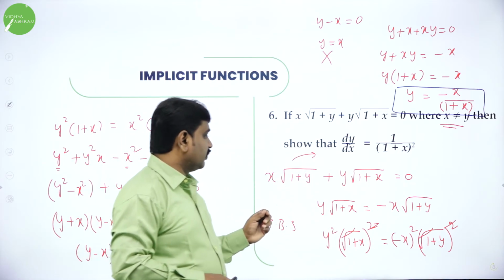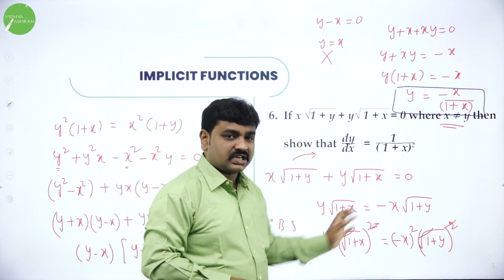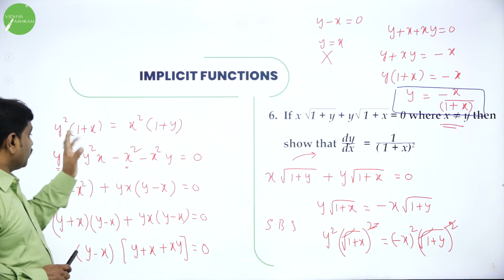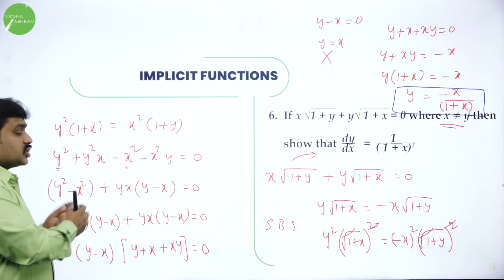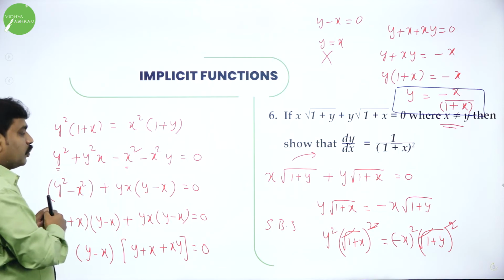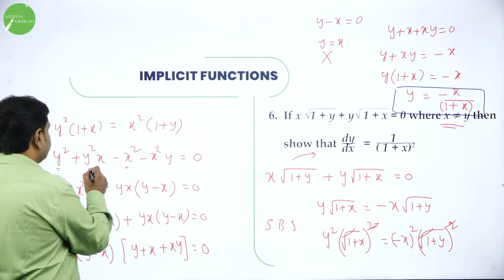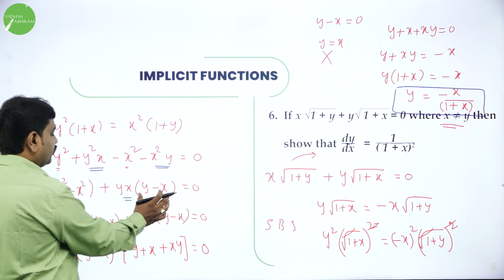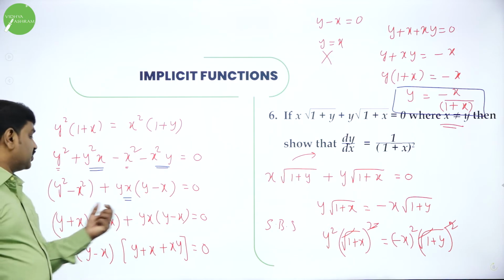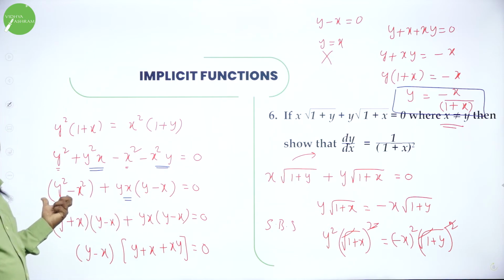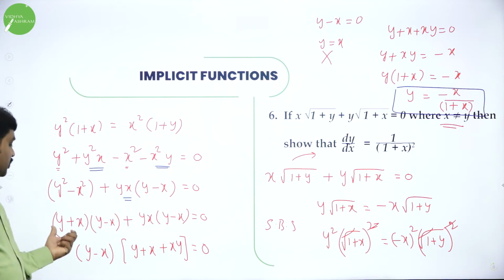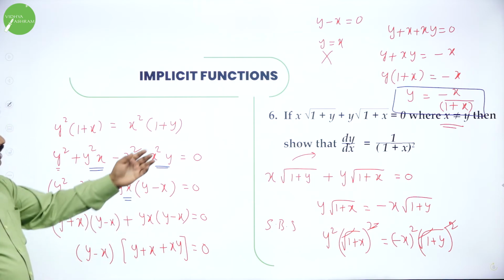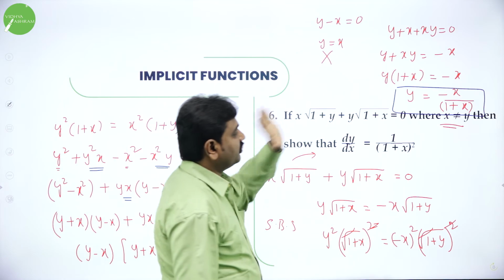And after that what I have done: transfer the first term to RHS and square on both sides. After squaring on both sides, multiply the terms and then group the terms. Square terms, y square minus x square I will group, and in these two terms and in this and this, take xy common, so I am left with y minus x. A square minus b square can be written as a plus b into a minus b. Further, in these two I can take y minus x. Then I got this problem. Now our problem is this.